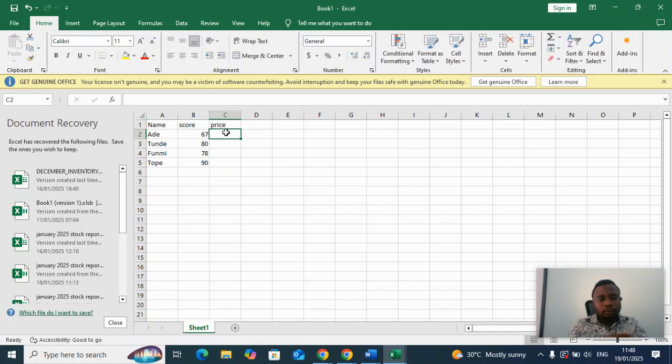Let's say for the one that scores 67, I decided that I'm going to give 100 naira. I'm really sorry if that amount is small, but it's just an example. The one that had 70, maybe I decide to give 200, and 78, I decide to give 280, and the 90, let me give him 300 naira. Now we can see here that the first thing I'm going to be doing is